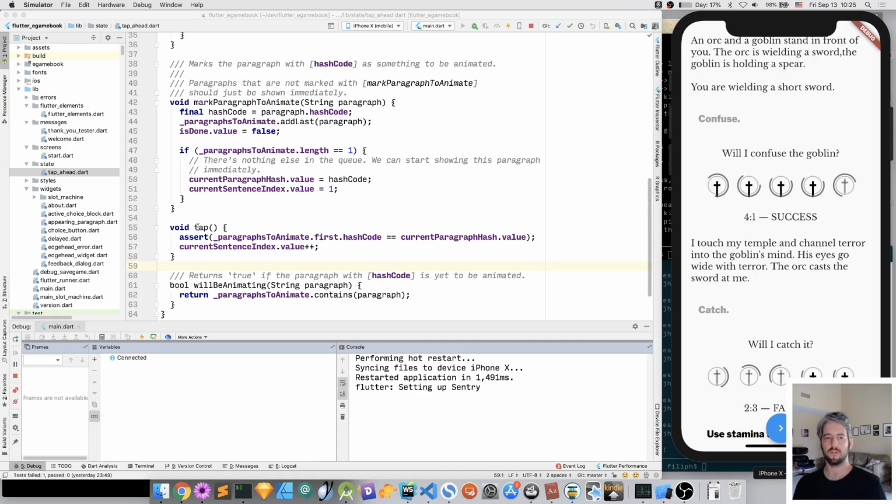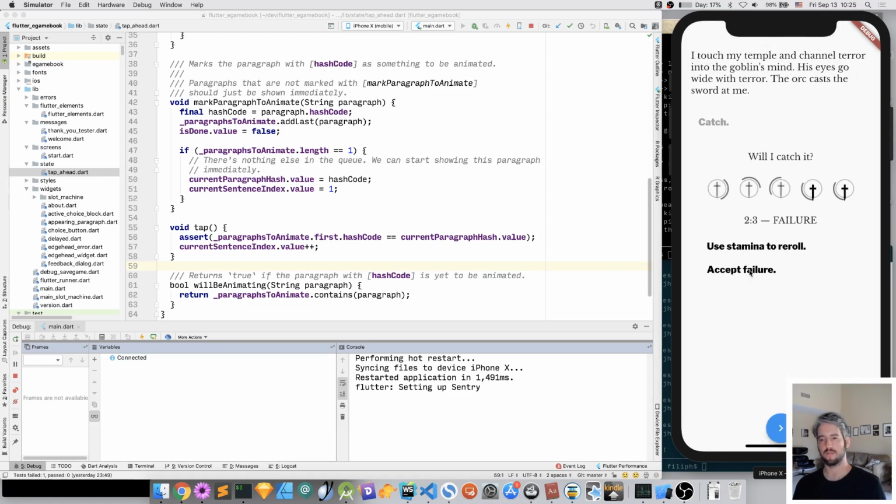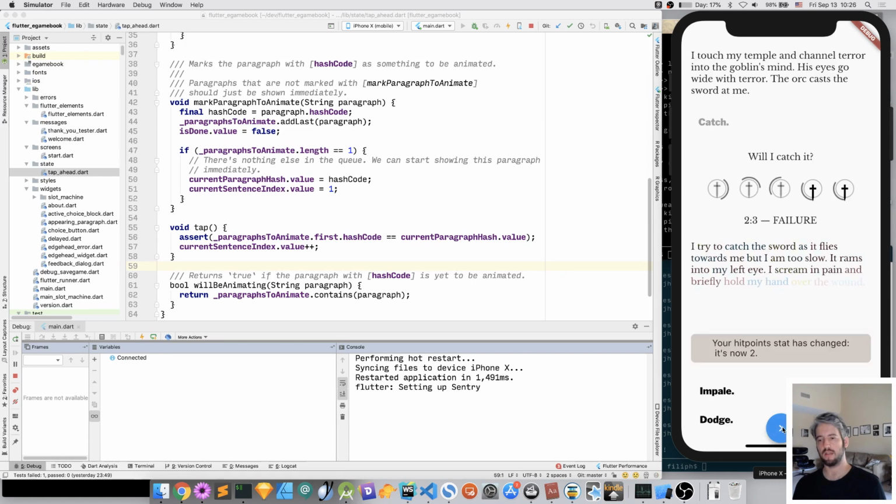So for example, from the perspective of this button, which shows the next text, it's just a way to tap to appear next text, right? And then from the perspective of the text itself, this paragraph, it's like, oh, I wanna